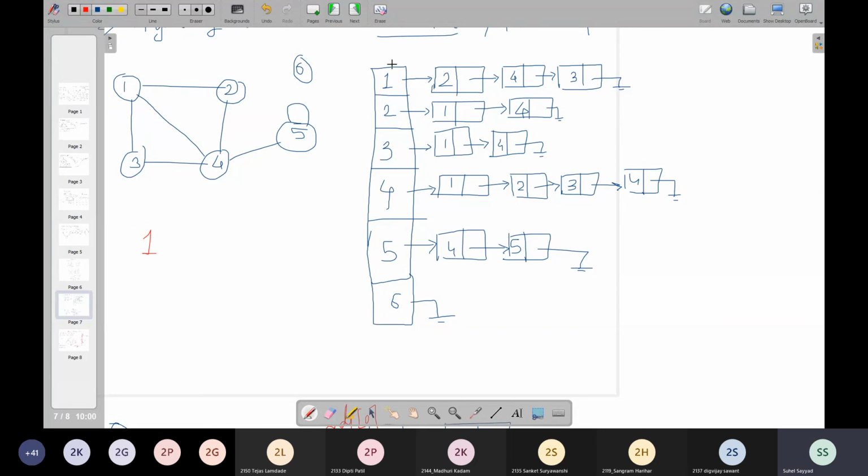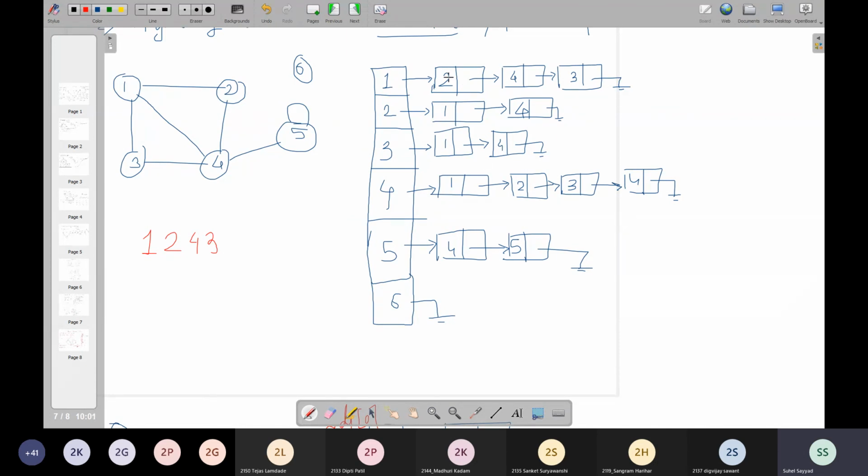Then after 1, what has to be visited for exploring 1? 2, 4, and then 3 only. Because if a list is given to you as an input in the question, you need to consider only this sequence. Now I cannot look at the diagram. If a diagram is given, I have the liberty of writing it in any sequence. But if a list is given, you have to process the data as per this list only. Then my output here will be 1, 2, 4, 3.